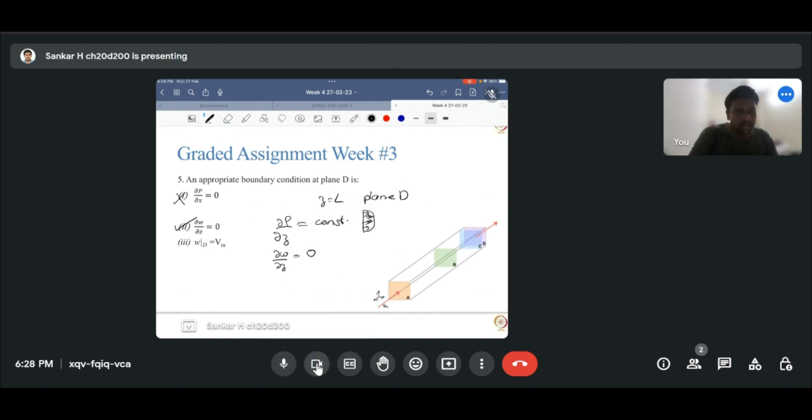That statement is correct, as there is no change in the z direction after the fully developed profile is